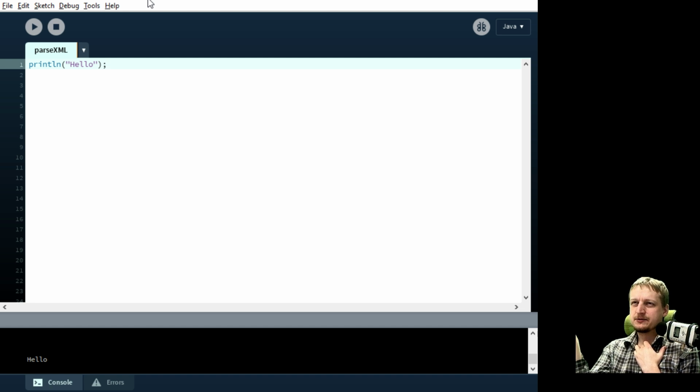I want to have information from the internet displayed in an Arduino gadget, but I don't want this Arduino gadget to have its own internet access. I want to connect this Arduino gadget to a computer which would fetch the information from the internet and send it to the Arduino, and the relay which would get the information from the internet and somehow parse it and send it to the Arduino will be done in Processing. It's processing.org, a nice little tool,